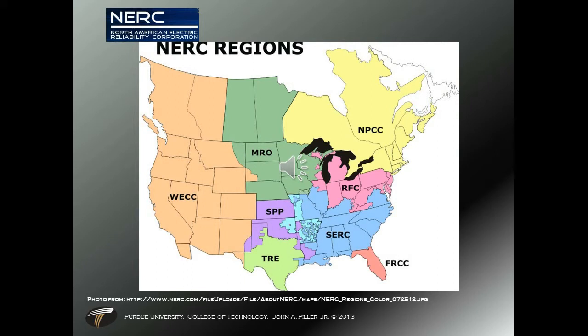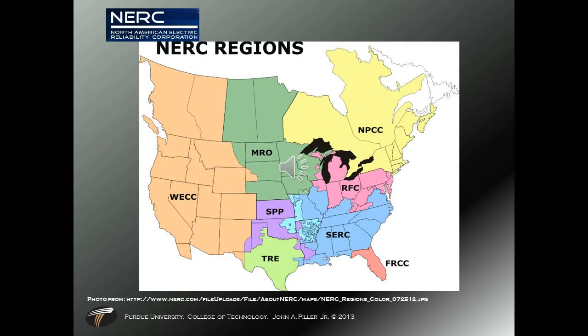Alright, so what did I mean by regions? Well, here's the NERC regions, the North American Electric Reliability Corporation. Power companies are signed on with this conglomerate to help each other support those loads, as I described, between the power plant in South Bend and the power plant in Toledo. Each of these regions work together.